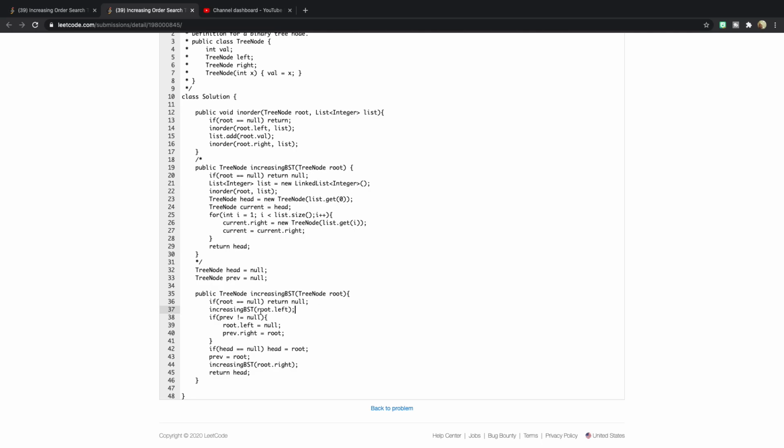If we return root.left, so we go all the way down to the left subtree. If the previous, wait, I'm using fields? How is this a solution? How is this a solution to the problem? If previous is not equal to null,